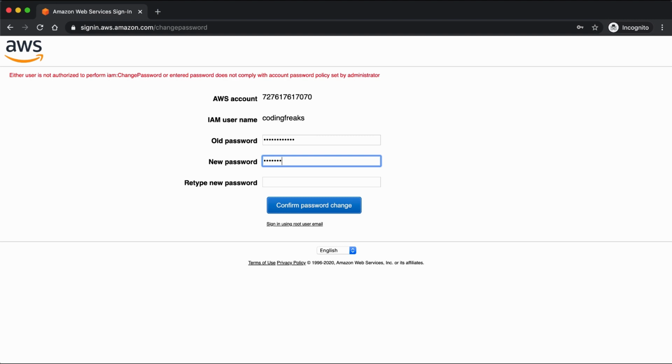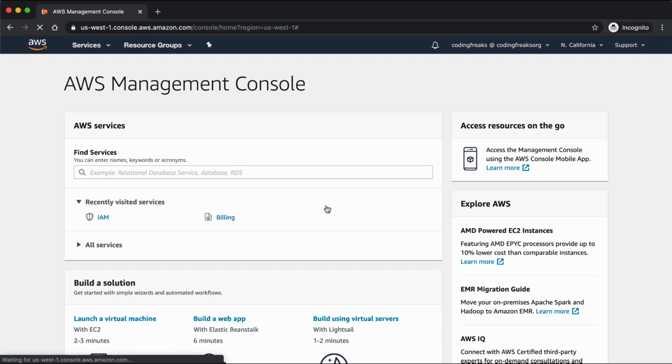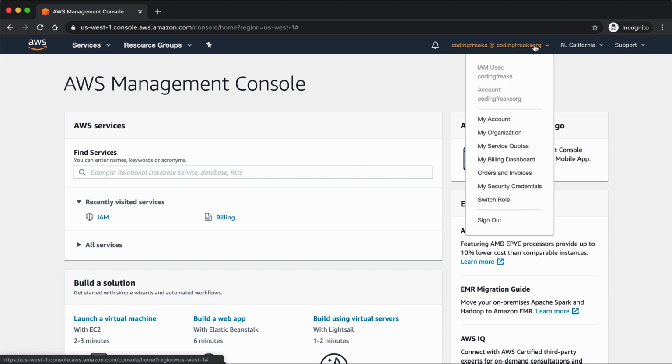Now entering a password which satisfies our password policy and clicking the Confirm Password Change button. You can see that I am logged in with the IAM user Coding Freaks in the Coding Freaks ORG account.